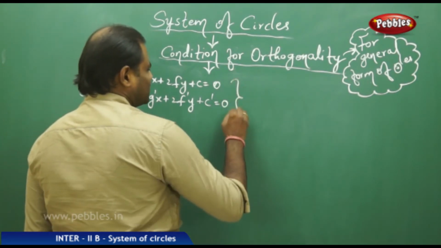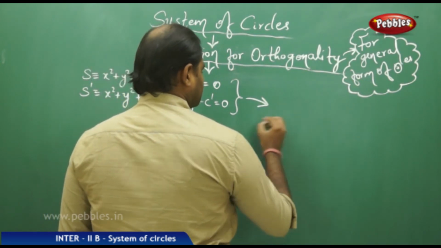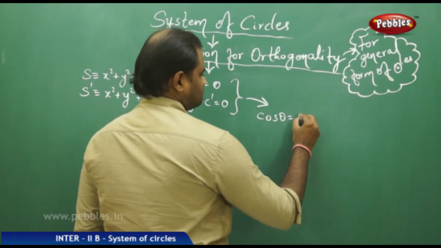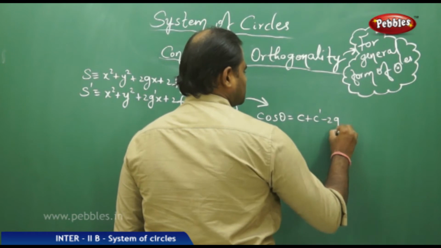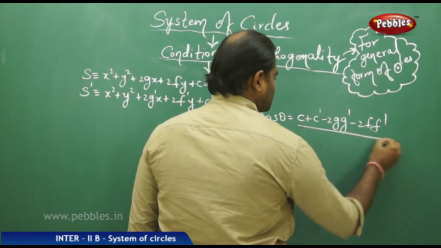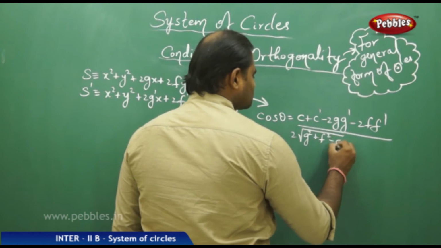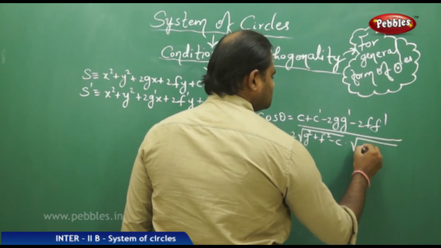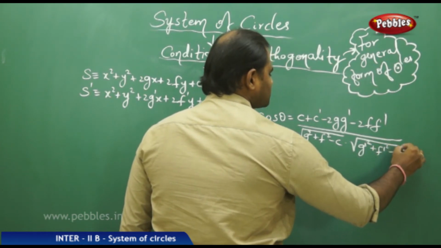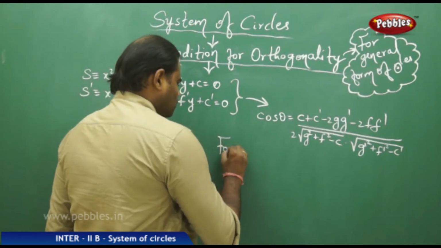So as we know, the angle between two circles in general form is given by cos theta equals (c plus c dash minus 2gg dash minus 2ff dash) by 2 root (g square plus f square minus c) root (g dash square plus f dash square minus c dash). Then we know that for orthogonality